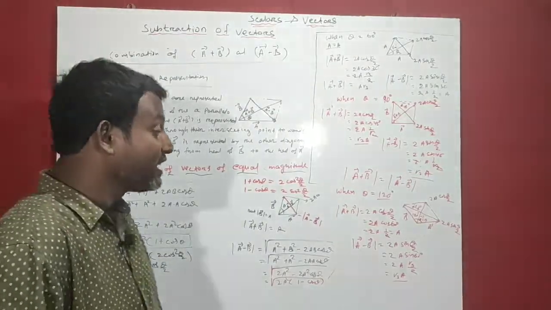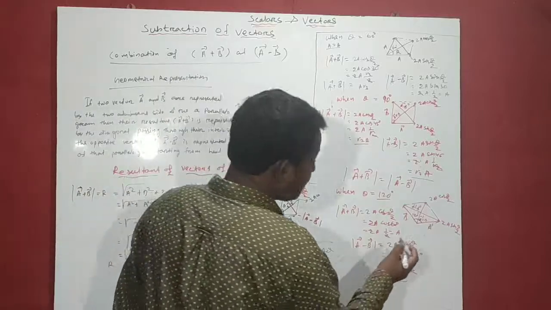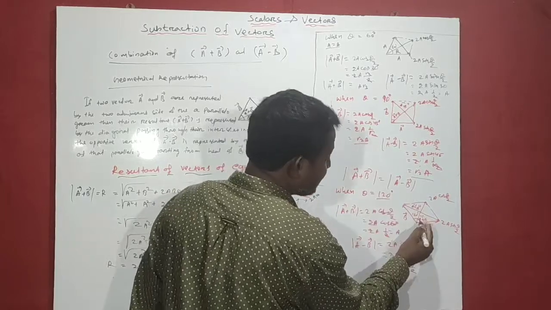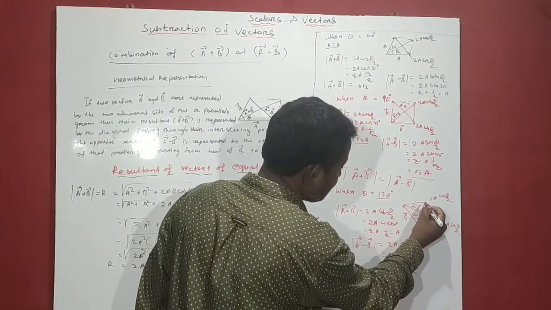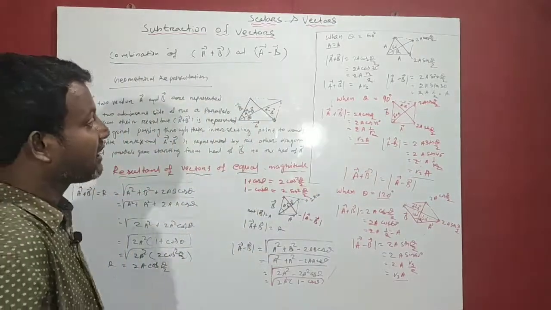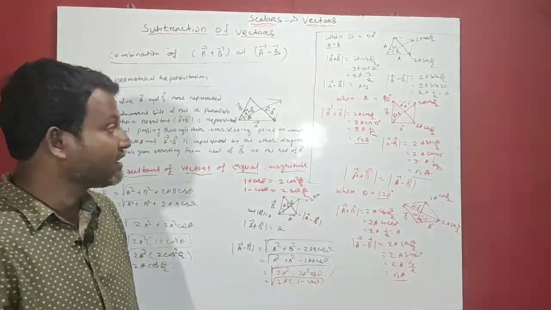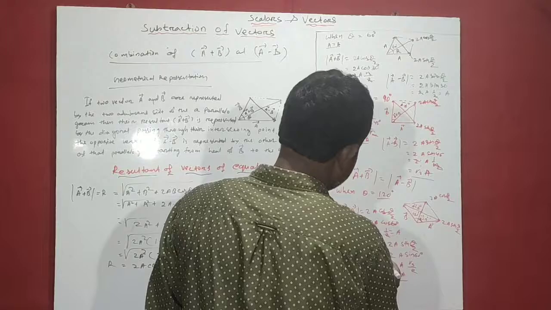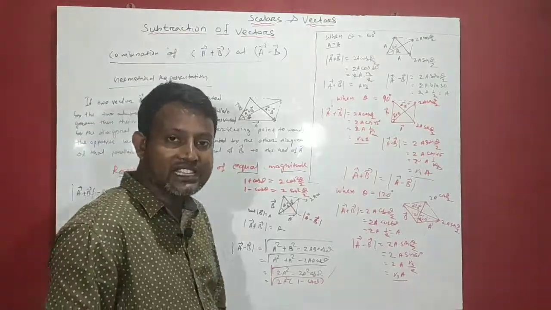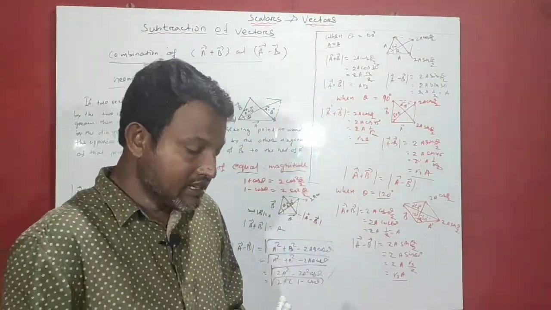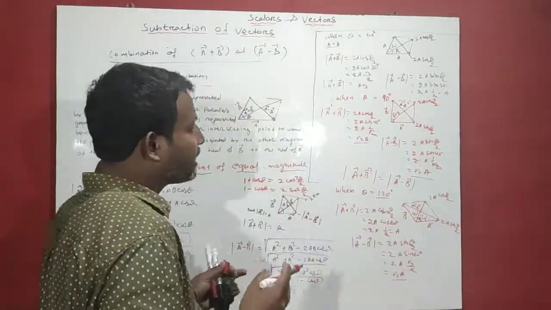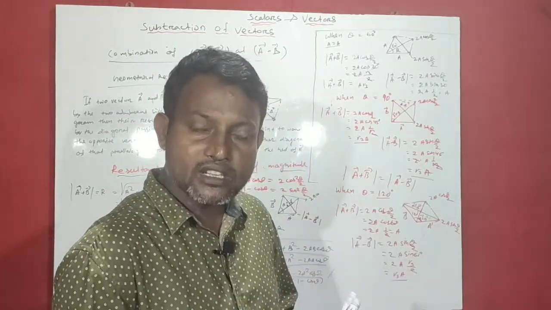Guys, you may ask, what is the direction, what is the angle between A and the vector A plus B? If theta is 120 degree, then the angle between the resultant and A is 60 degree, that is theta by 2. Likewise, we can also calculate the direction of all vectors. This much, guys. In the next lecture, we solve some incredible numericals related to vector addition, vector subtraction, and resolution of vectors.